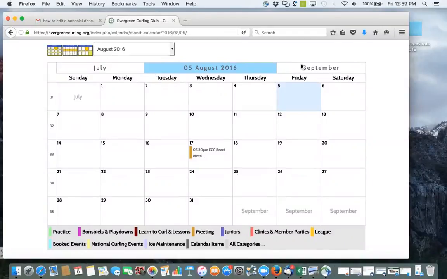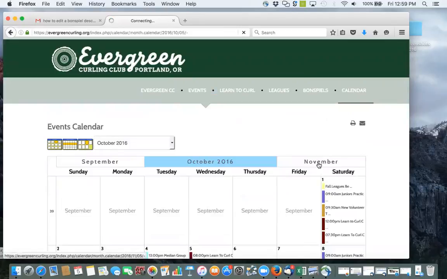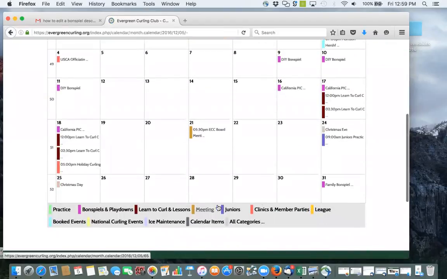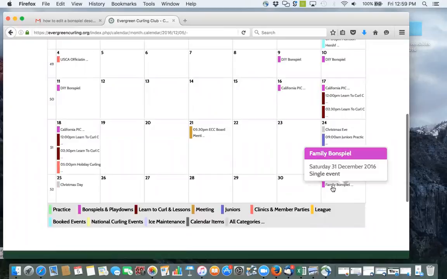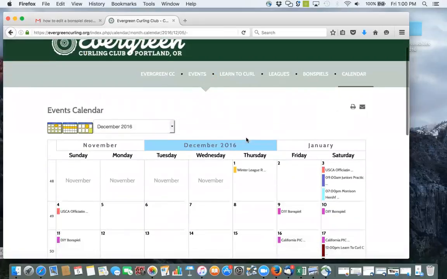I'm going to look for the family bonspiel because that's the one that I'm going to demonstrate. So I'm going to go to December because I know that bonspiel occurs in December. And I'm going to see the family bonspiel occurs on December 31st. It's a one-day bonspiel. Okay. Now that I know that it's been created,